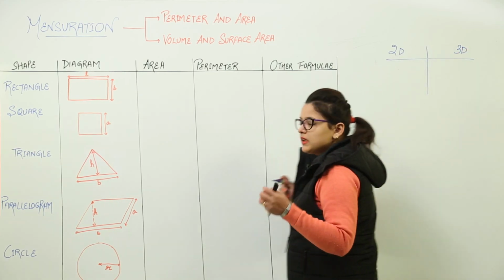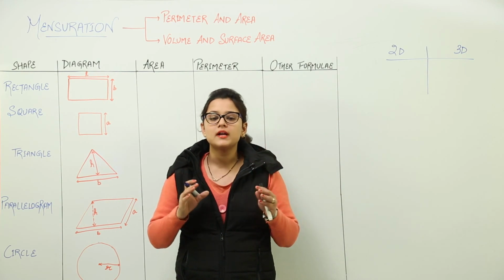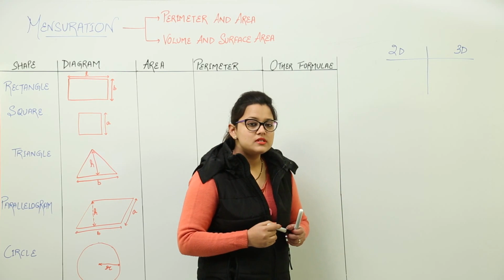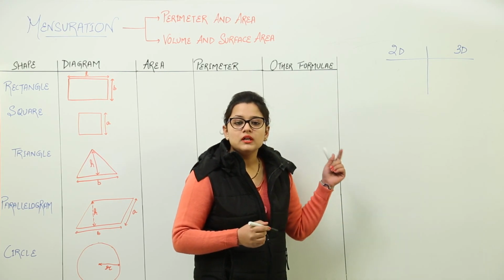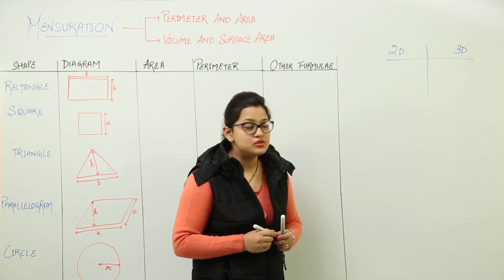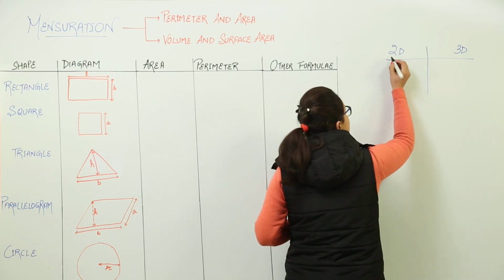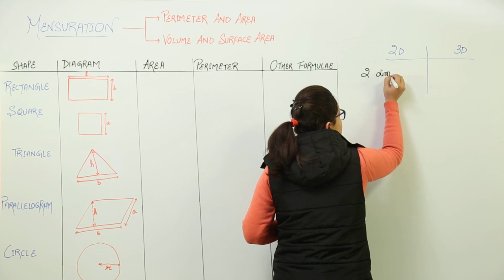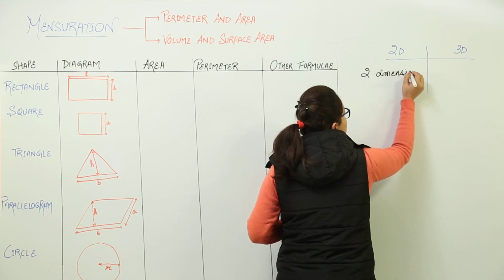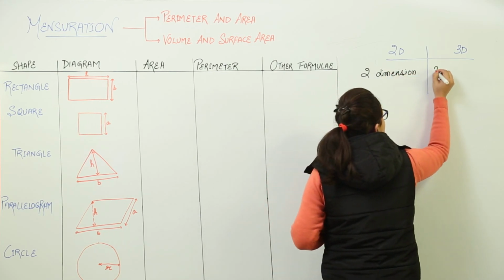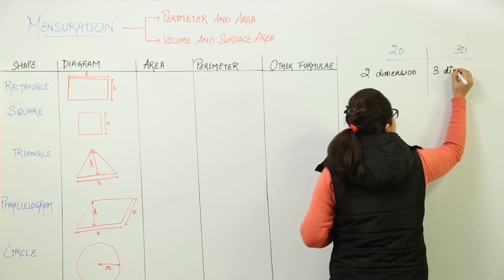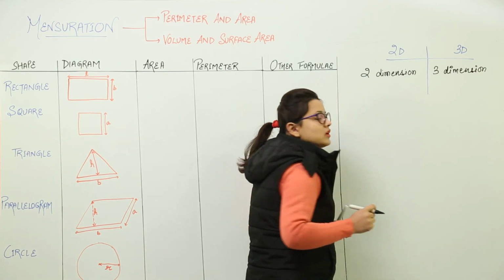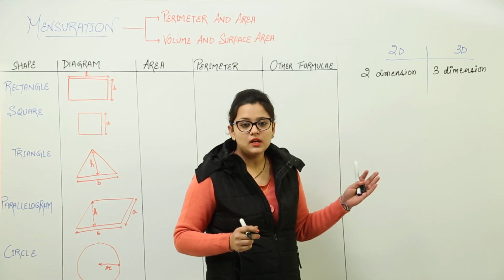Yes, there is a very small difference, but that makes the biggest change in both the shapes. See, what is the difference is, as the word 2D, here D stands for dimensions. So by the word 2D we mean to say it has two dimensions. The shapes that have two dimensions are known as 2D shapes, and the shapes that have three dimensions will be known as the 3D shapes. Now what is the actual meaning of having two dimensions or three dimensions?